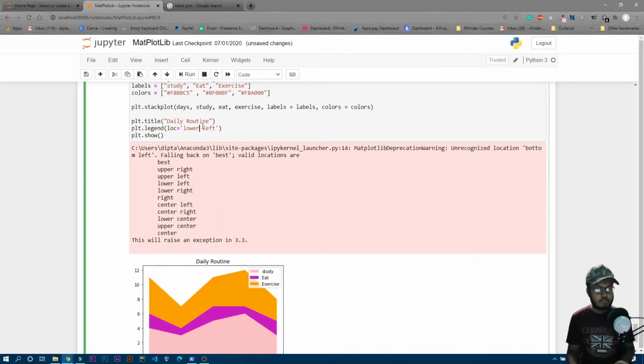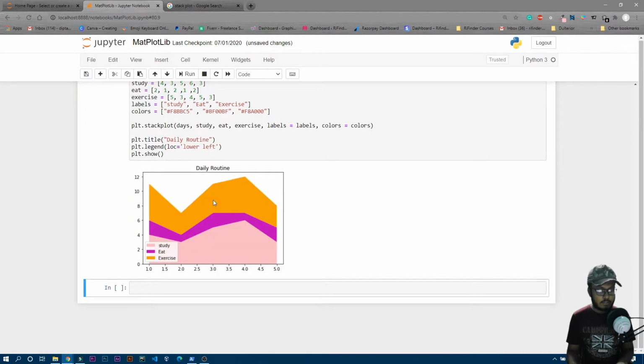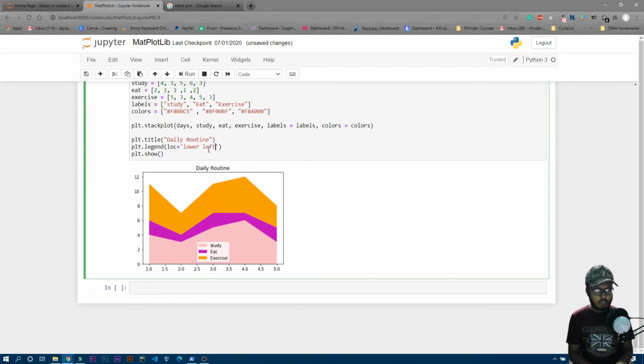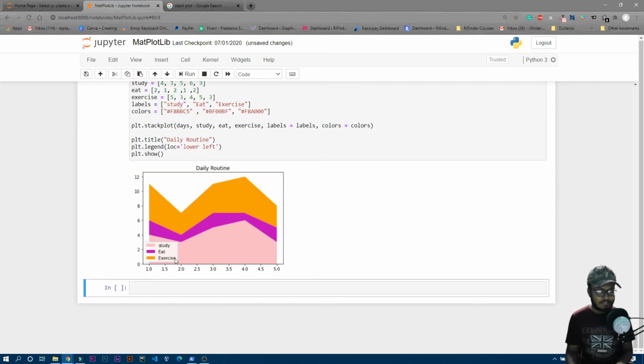Okay, so let's just run it, and let's also copy this lower center as well. We will see how it looks. So now you can see it's in the lower left, and now let's paste that one, and this should be in the lower center of the screen, right? And if you just write over here lower left or something like that, you can clearly see the plot is starting over here, but the legend is actually more to the left of that particular starting point, right?